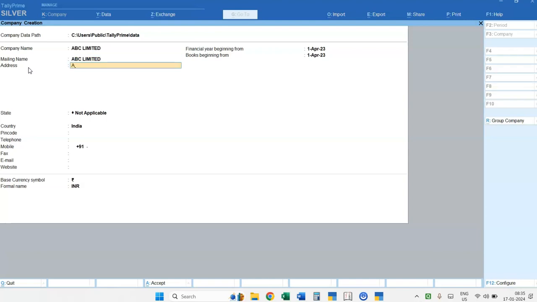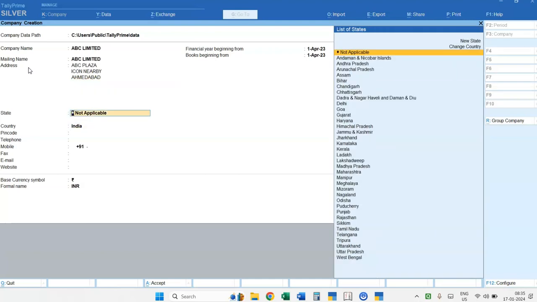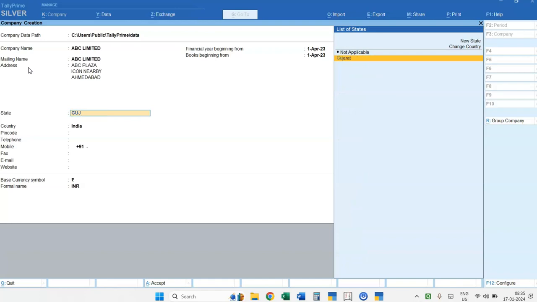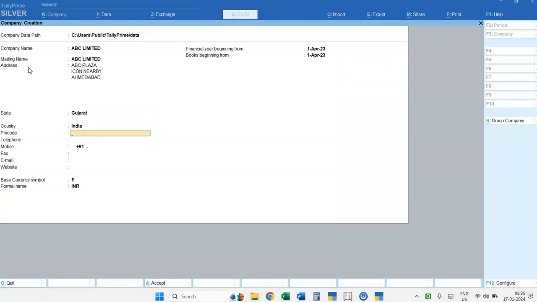Then you have to write the address of the company. Next thing is the state name. You have to select the state in which your company is situated. Then the name of the country. Then you have to write the pin code of your company.